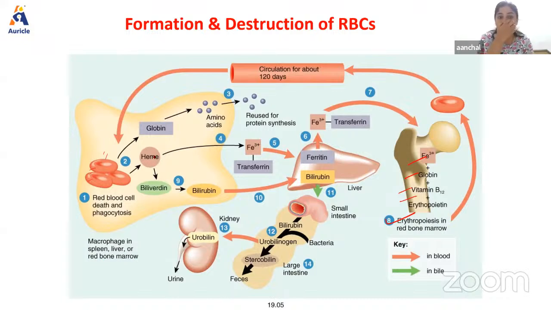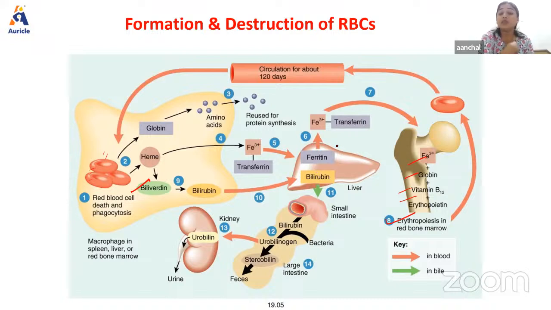From heme there will be formation of biliverdin, that we have already discussed in the hemoglobin class, and the globin will enter the amino acid pool and be reused for protein synthesis, and this biliverdin gets converted into bilirubin and gets stored